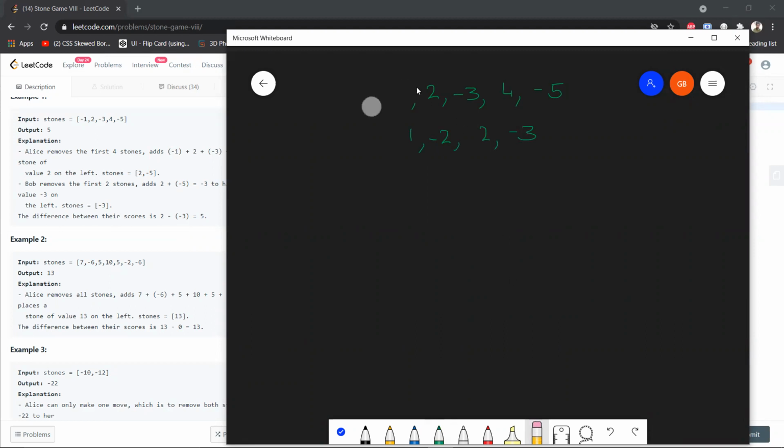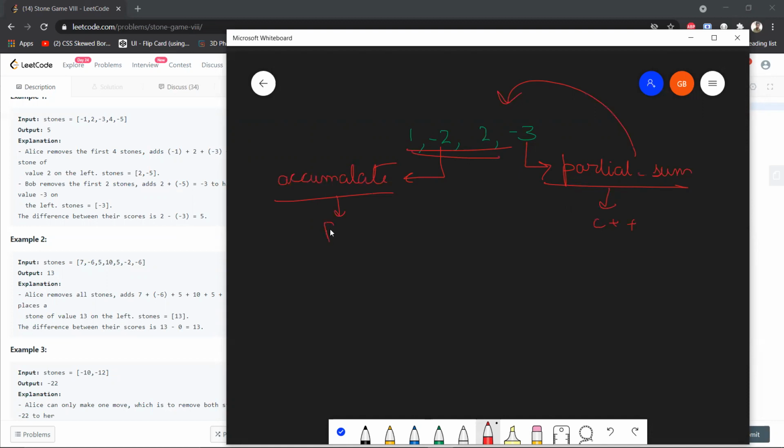Fine. So just a tip for you guys over here, if you are using C++, then there's a function, I guess, called partial sum, which will directly calculate this for you. You don't have to actually apply a for loop. And if you're using Python, accumulate. This function will do this job for you, and this function will do this job for you. This is for C++, and this is for Python, right?